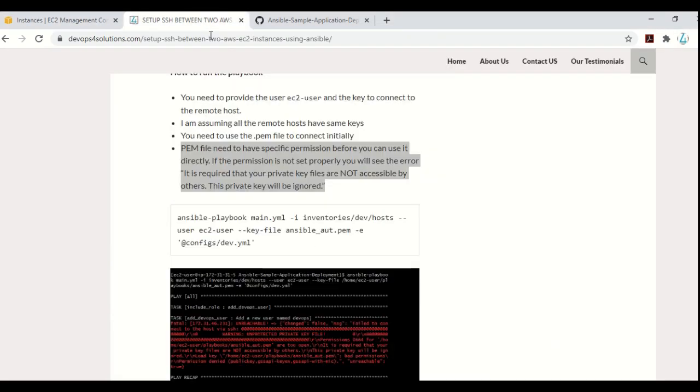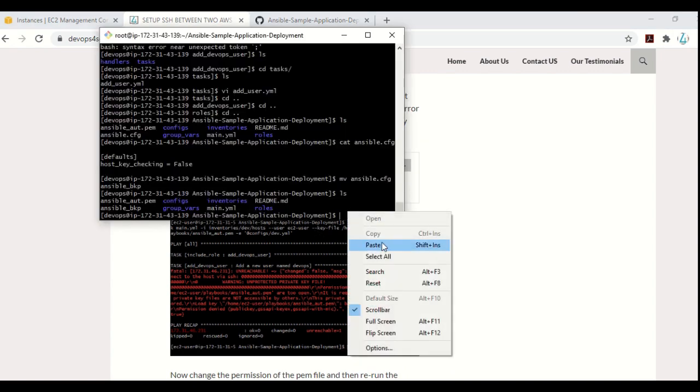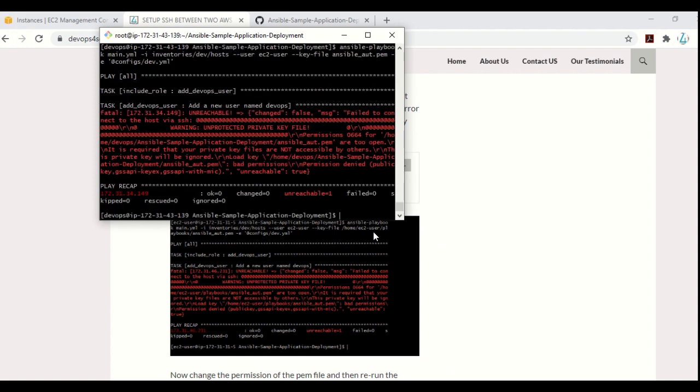Okay. So now what is the next step? Let me just run this command as it is. So I am running this Ansible playbook. This is my main.yaml file. These are the inventories I am passing. This is the user I am passing, and this is the key file that I am passing. And this is the config file in case you have any variables or want to deploy any applications. In that case, you need it. For now, obviously, it's not required, but for the safe side, let it be there. So I'm running it, let's see what happens.